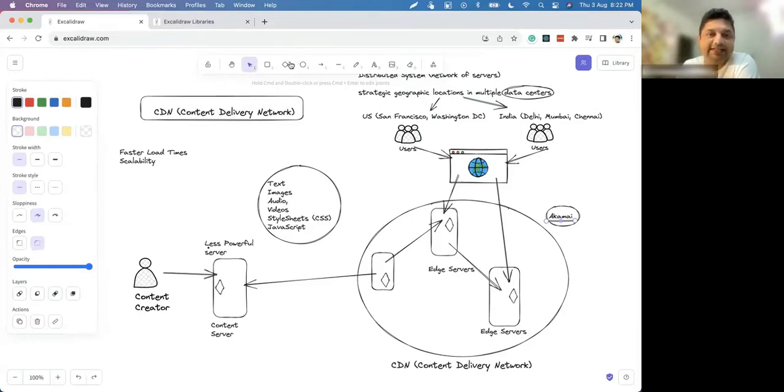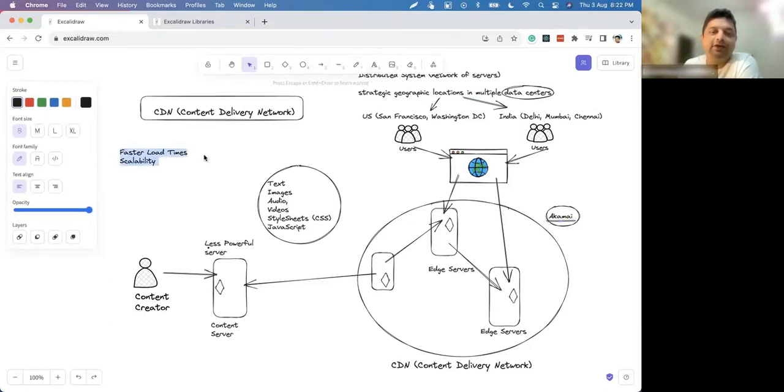So CDNs can serve content to hundreds of millions of users. So this is the scalability. Without having any powerful server, you get that by default. You have to subscribe to the CDN service. CDN service will be a very expensive service, but if you can serve this content to millions of users, you don't have to worry about maintaining powerful servers by yourself.